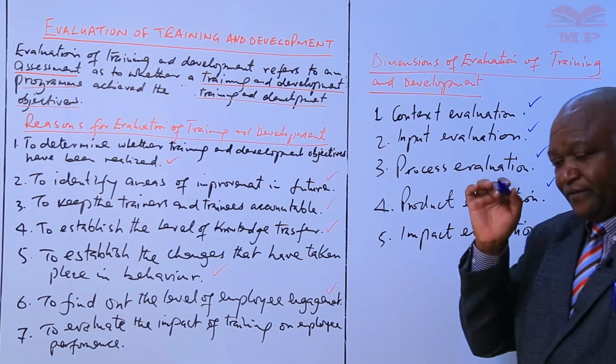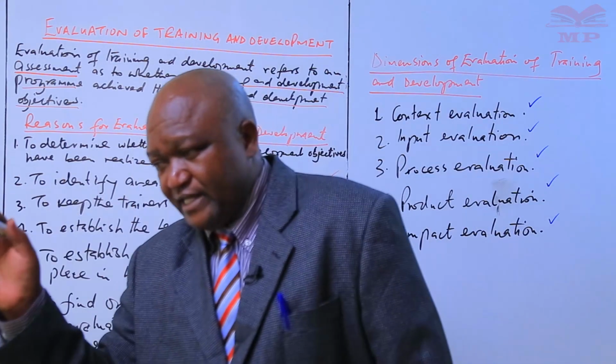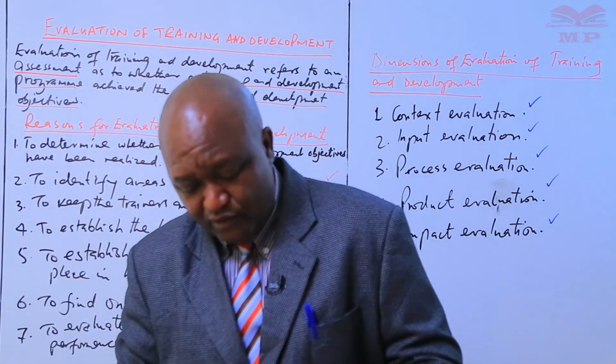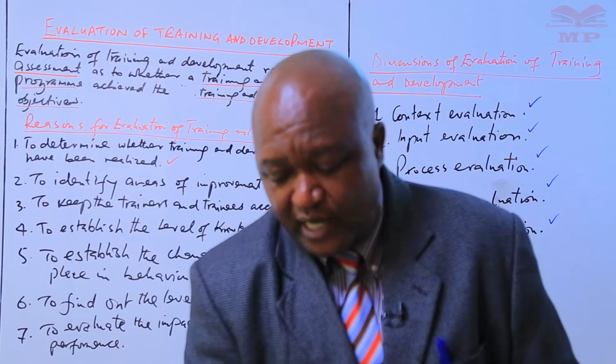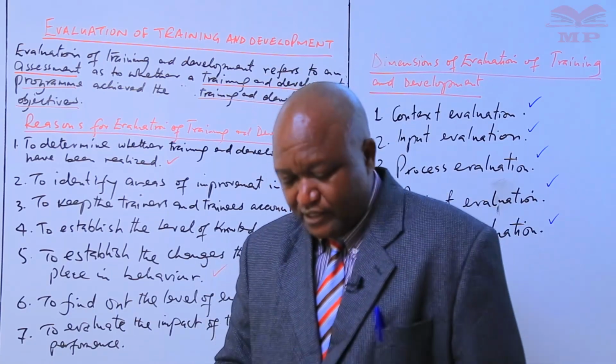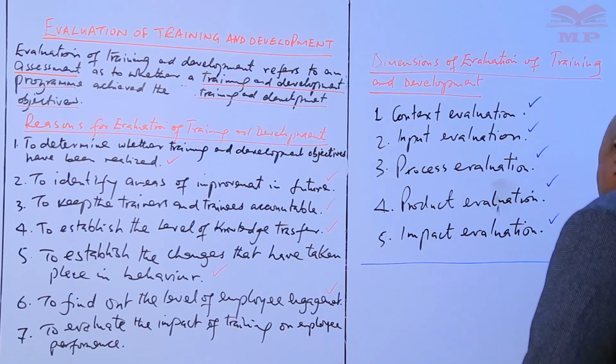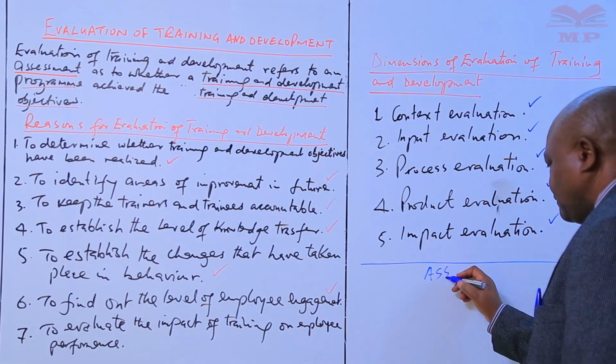And what we are saying is that different evaluation dimensions may be used depending on the kind of training program that has been implemented. So your assignment, dear learner, for the lesson of today,